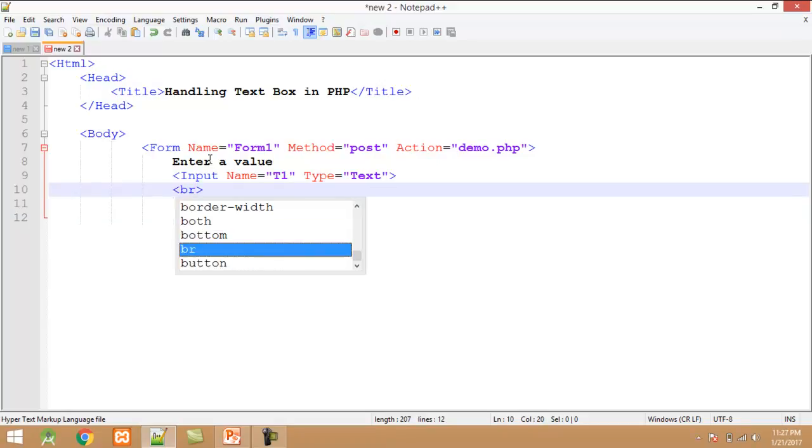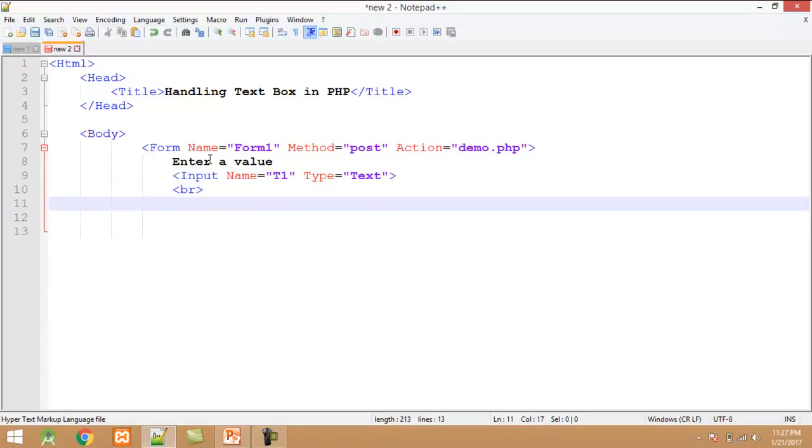After this I use BR tag for line change, and finally I want to create a submit button. Input name equals to S1, type equals to submit, and value equals to click.